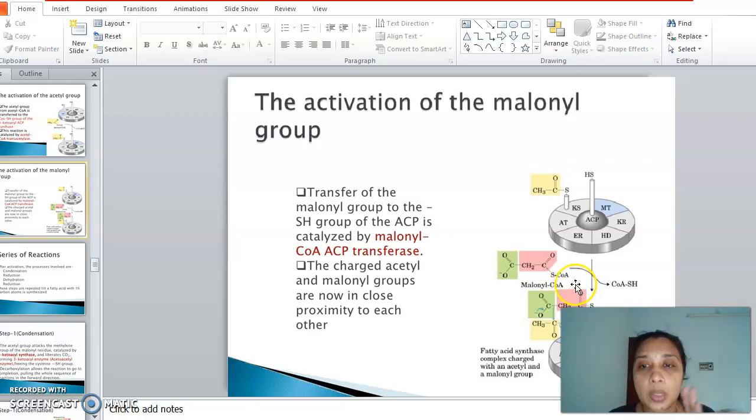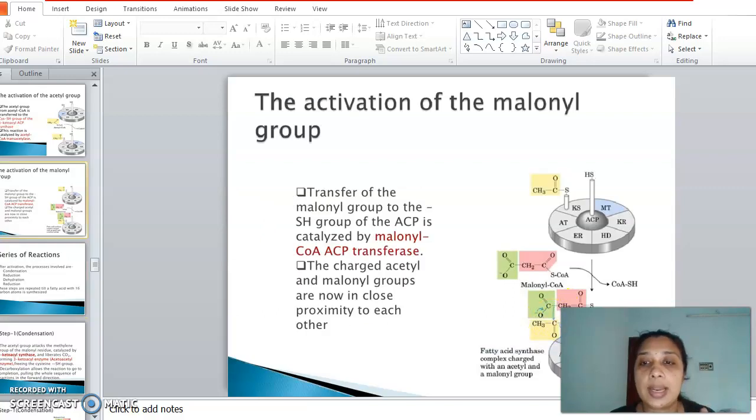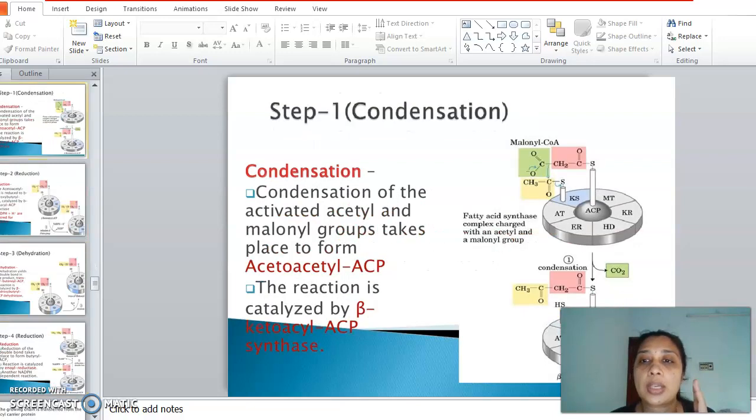Once the malonyl group gets attached, it now undergoes the decarboxylation reaction. Once it gets attached, it immediately removes this carbon dioxide, so that the net effect is the acetyl groups react. Clear? So the CoA-SH of malonyl CoA is removed, right? Now the malonyl ACP, the central thiol group, CO, CH2, CH3, right? This carbon dioxide will be removed. Clear? So the net effect is the two reactions, the